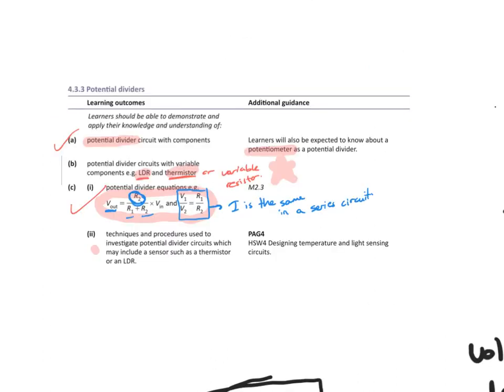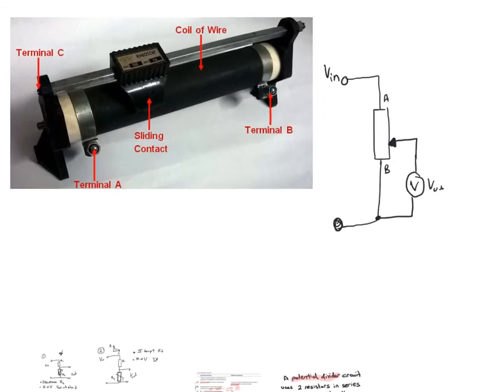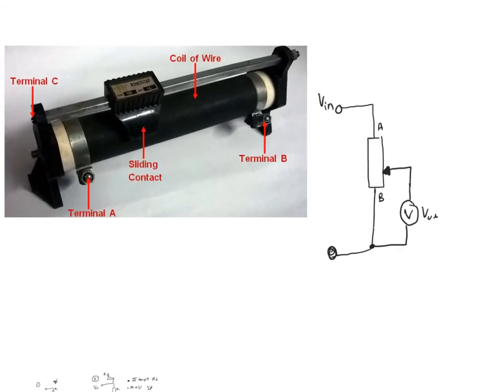So now we have seen potential divider circuits with LDR and thermistor as well as variable resistor. This is the last bit I'll talk about in this lesson and this chapter. It's about potentiometers and how we can use them as potential dividers. So this is how a potentiometer looks like. This diagram here is basically a variable resistor, but it has 3 terminals and a sliding contact. So it's got terminal A, terminal B, terminal C, and this is the sliding contact that you get to move